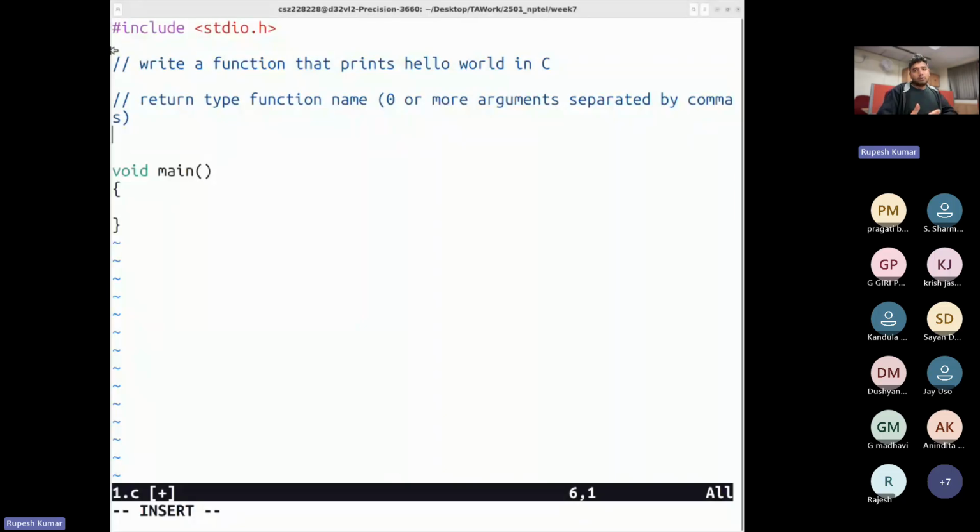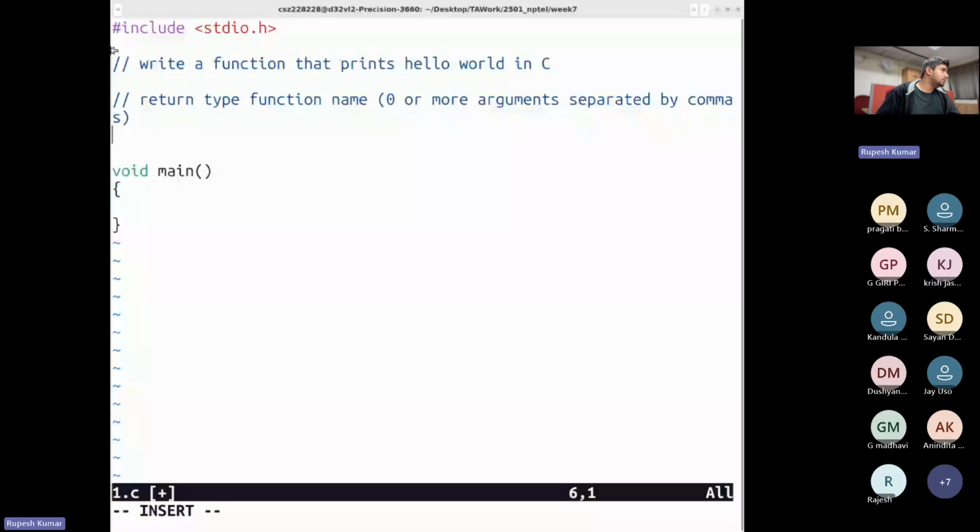So what should be the return type of a function that returns nothing? Anyone? First we need to identify the return type that we want our function to return, the data type of the value that it should return. So you want to return nothing. We already have seen this in earlier sessions also.